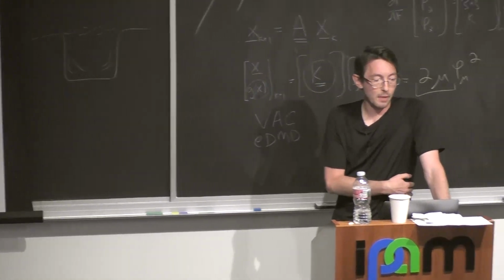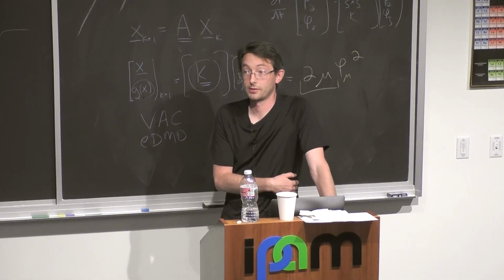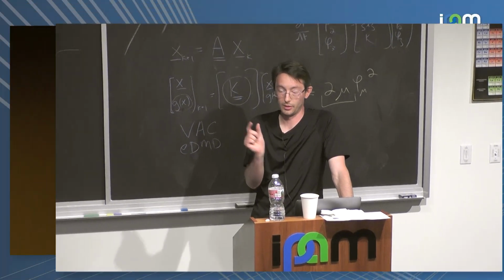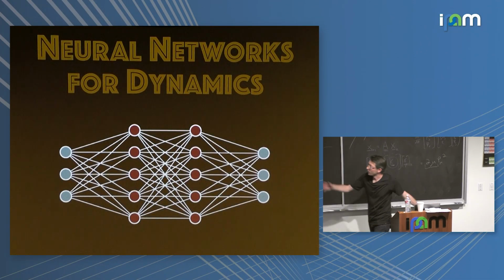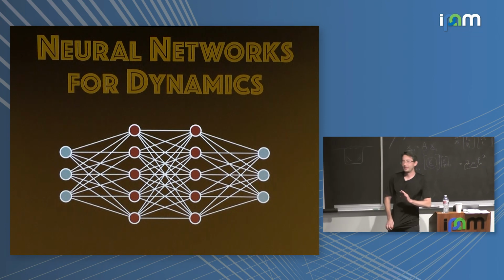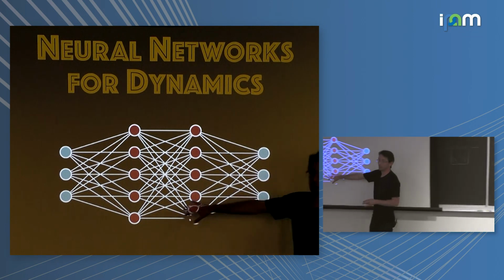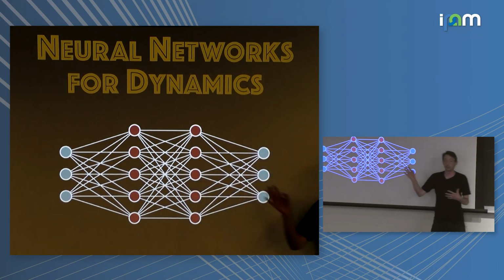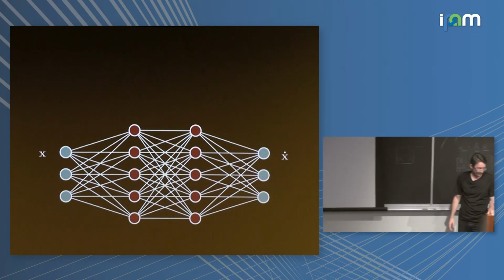Okay, good. I am going to tell you about neural networks for dynamical systems. It's a little bit of a change of pace, and I'm only going to do a little bit on it. So, neural networks to learn and represent dynamical systems. I'm going to talk a little more about this when I talk about fluids on Tuesday, where we'll go into more depth. But I'm just going to start now.